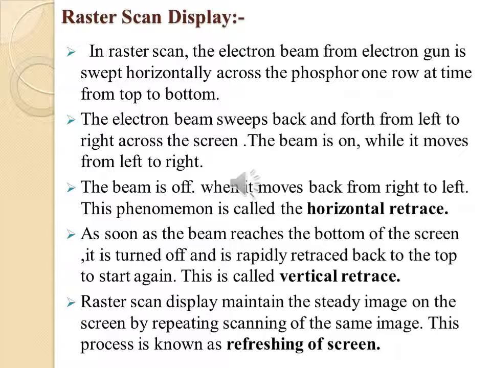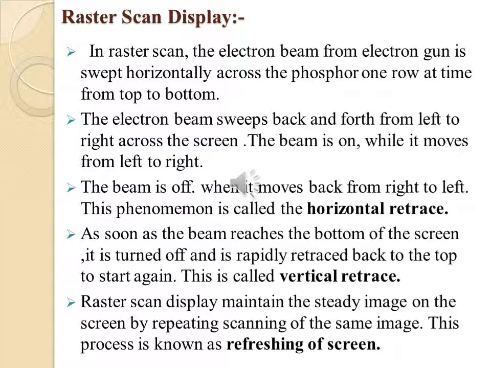The beam is off when it moves back from right to left, and this phenomenon is called the horizontal retrace. As soon as the beam reaches the bottom of the screen, it is turned off and rapidly retraced back to the top to start again, and this is called the vertical